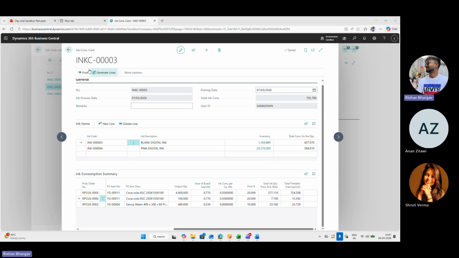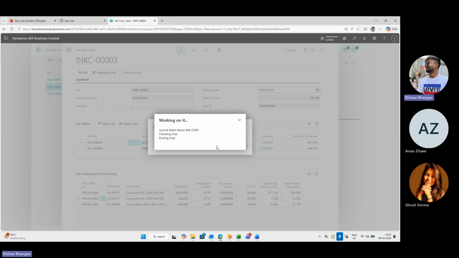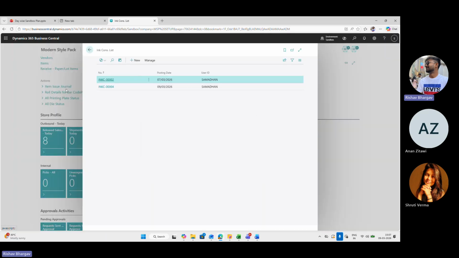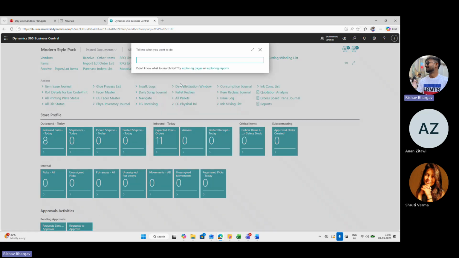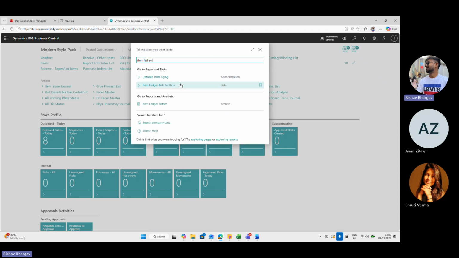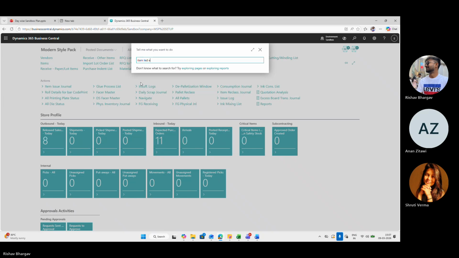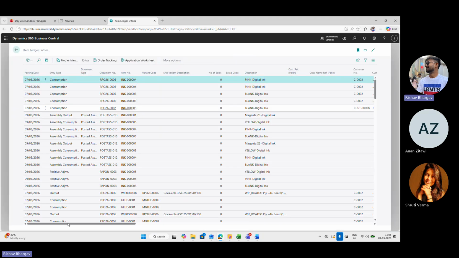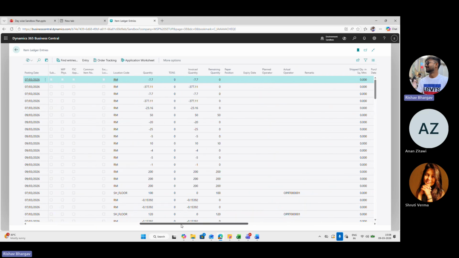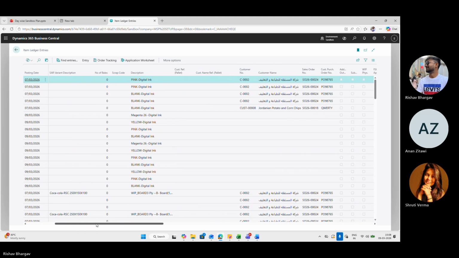Okay. So now we just need to post. Do you want to post the consumption detail? Yes. So the consumption has been posted. So that was RPO 6. In the item ledger entry, here we see that on today's date, these items got posted.